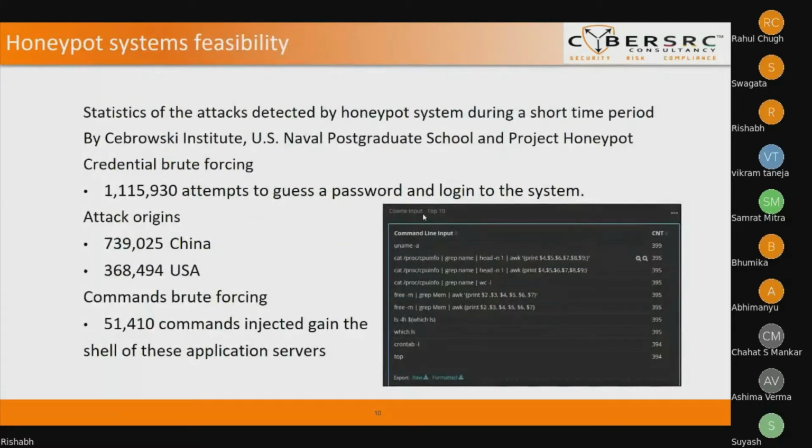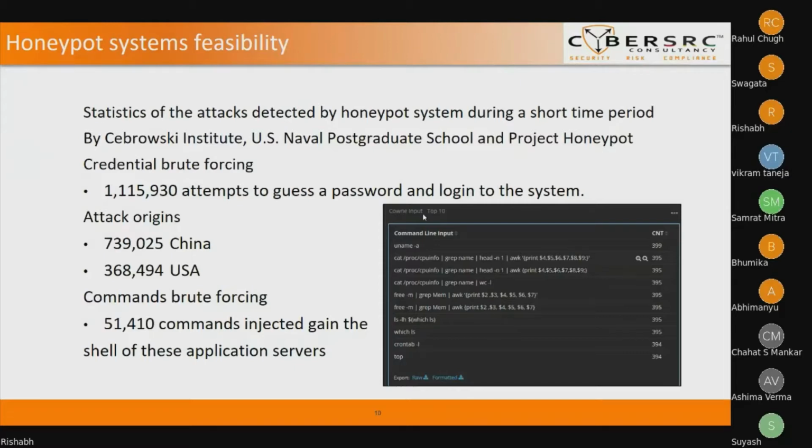So let's see some feasibility of these honeypot systems, or you may call them deception technologies. Here are the statistics of an attack detected by a honeypot system during a short time period. These statistics were recorded by Chbosky Institute of US Naval Postgrad School and Project Honeypot, which is an open source project for honeypot systems. Here we can see that more than 1 million attacks of credential brute forcing were attempted